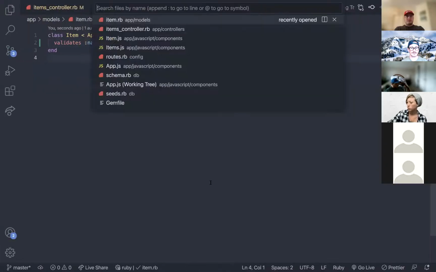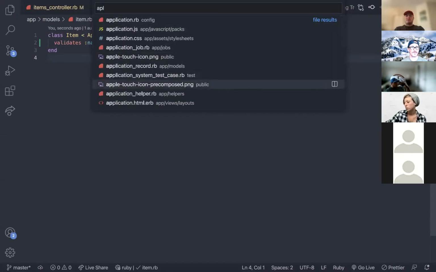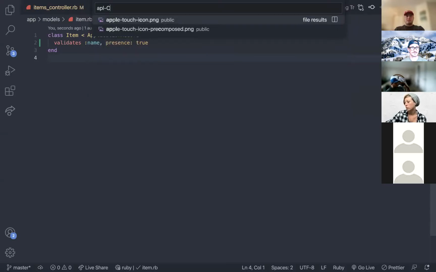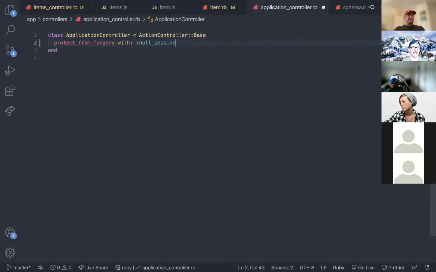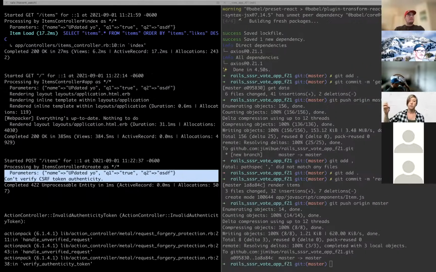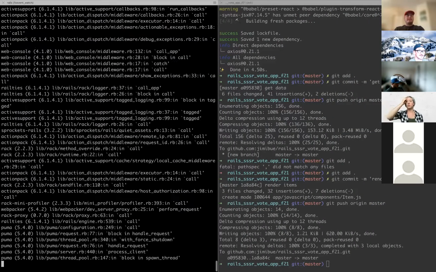Okay, let's go back to VS Code. So application controller. Go ahead and throw that in here. Another thing with the terminal, or this server, is really going to be important, especially once we start decoupling